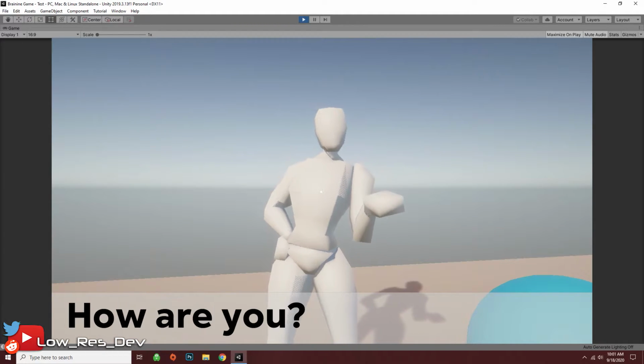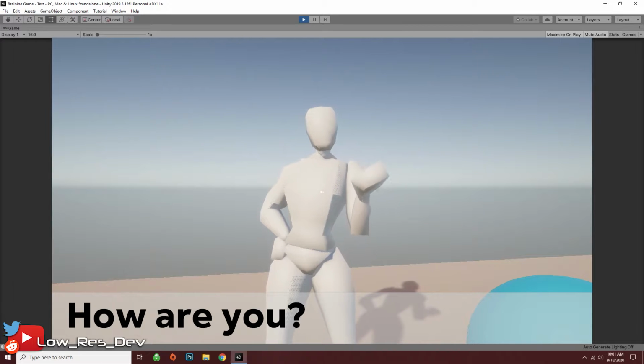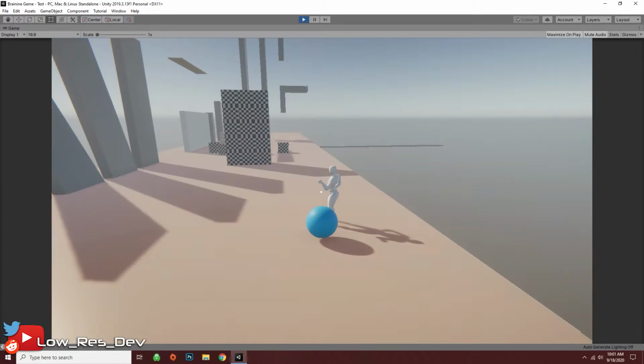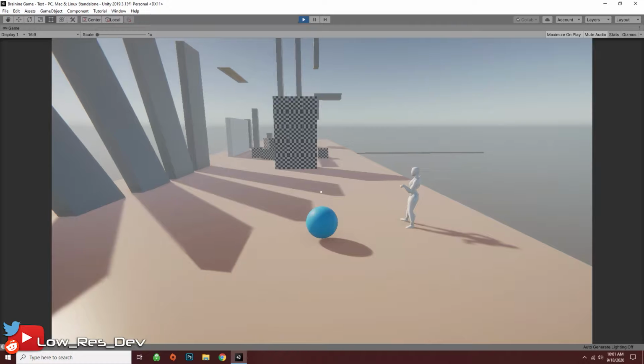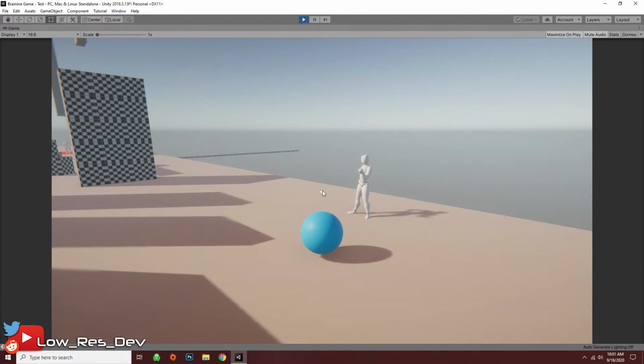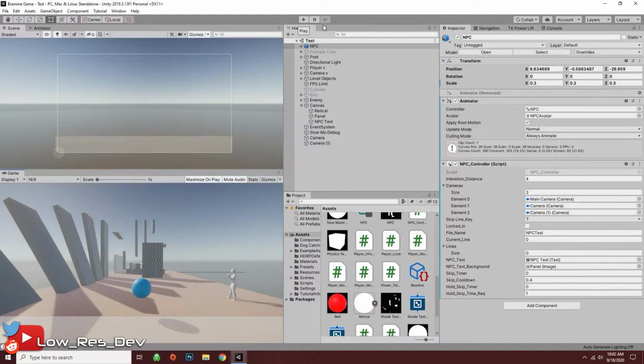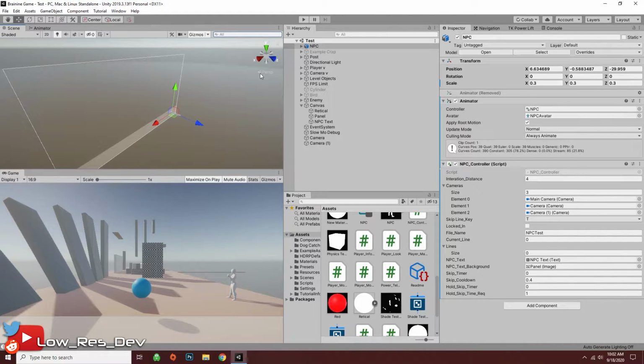And if I go into it and I'm kind of halfway through it and I want to exit, I could just hold the skip key and it'll exit the interaction altogether. So if I stop this now and I look over at the NPC, if I get off of this 2D mode and focus on the NPC,